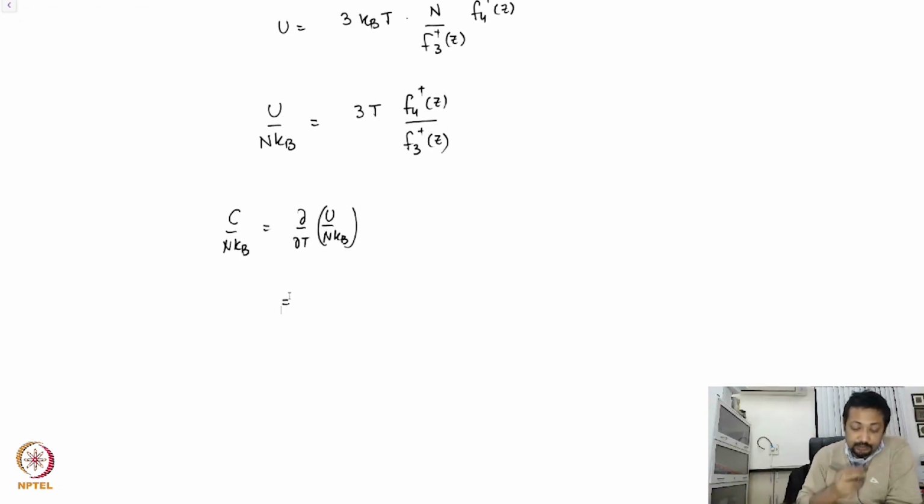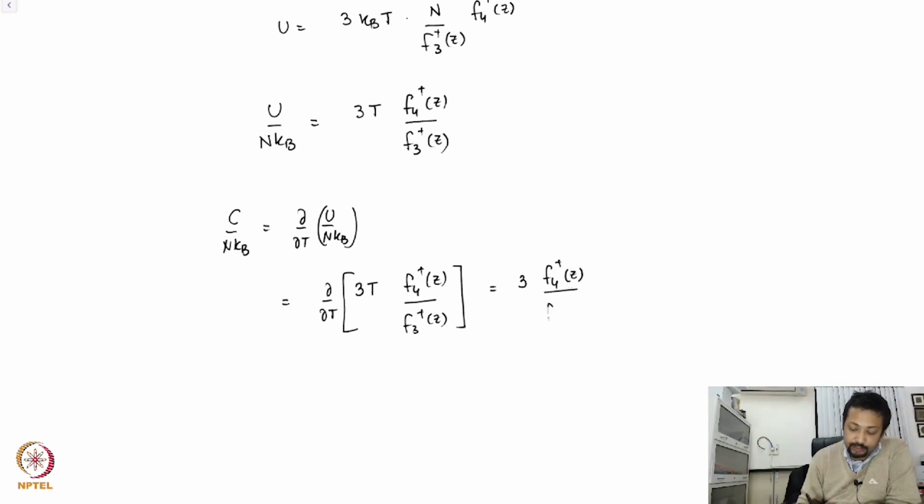This means this is going to be del del T of 3 times T times F4 plus of Z over F3 plus of Z, which simplifies to 3 times F4 plus of Z divided by F3 plus of Z. First the derivative with respect to temperature, and then you have plus 3T divided by F3 plus of Z whole square times